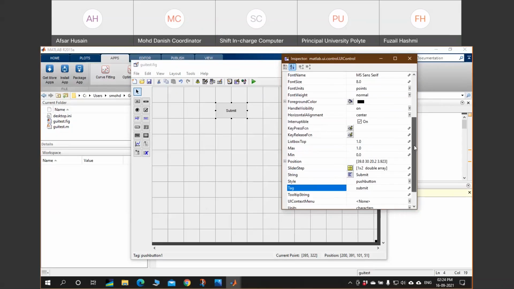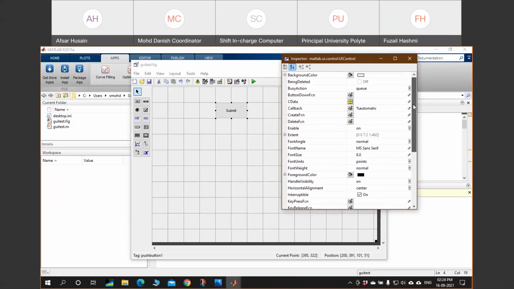Now coming back to over here, callback and button down function. This option, button down option, is provided. This adds features to your button. What will happen when you right click it? If you provide this function, button down function, when you right click that button, it will go back to this command, and whatever the commands you have provided, it will do that.